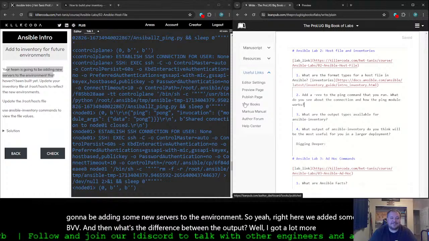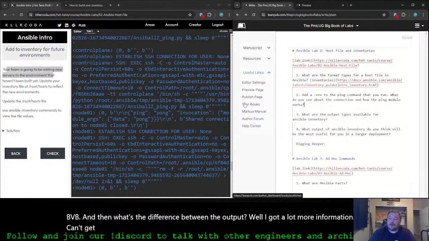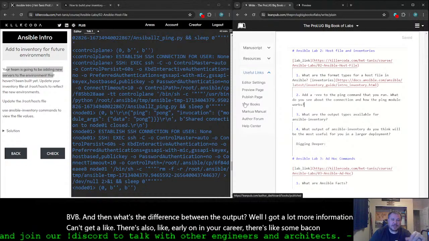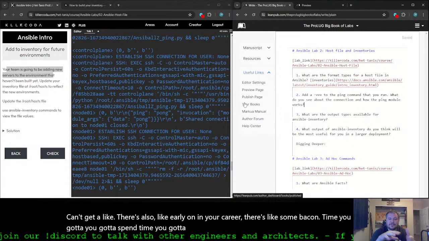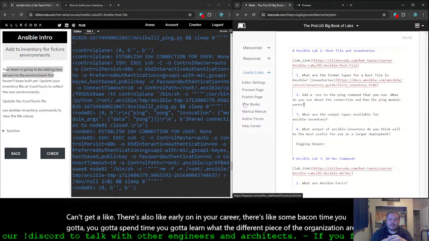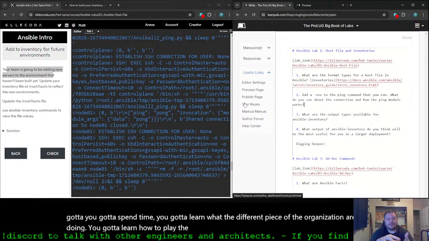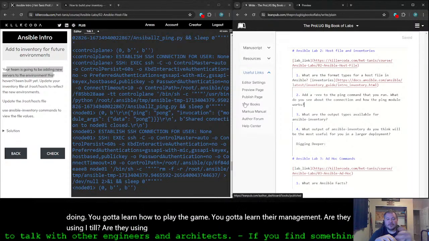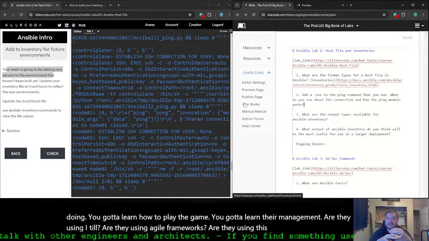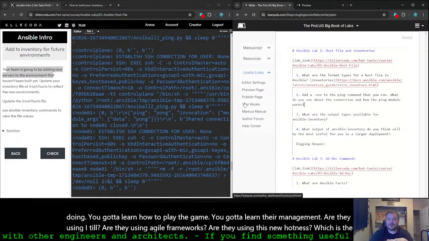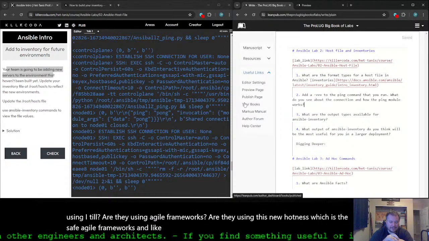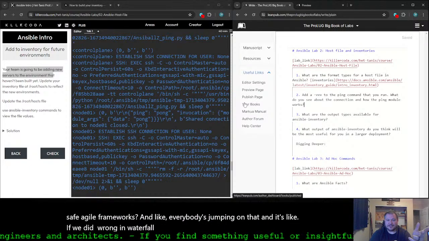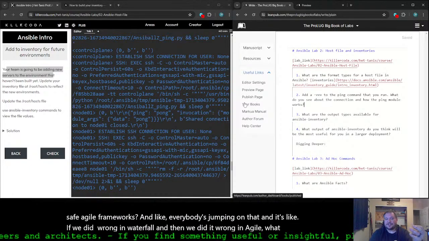Well, like, early on in your career, there's also some bake-in time. You gotta spend time, you gotta learn what the different pieces of the organization are doing. You gotta learn how to play the game. You gotta learn their management. Are they using ITIL? Are they using agile frameworks? Are they using this new hotness, which is the SAFe agile framework? And everybody's jumping on that, and it's like, if we did it wrong in waterfall and then we did it wrong in agile, what makes you think SAFe agile is going to be any better?